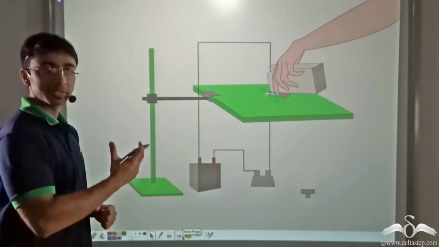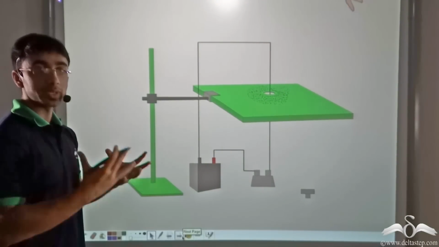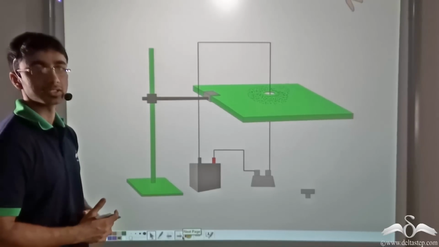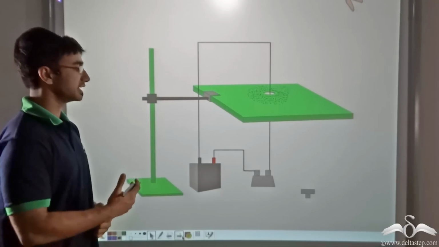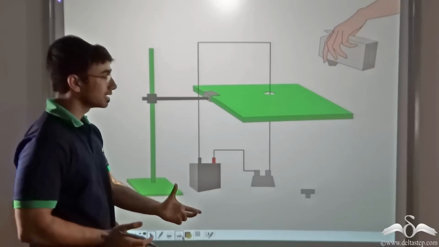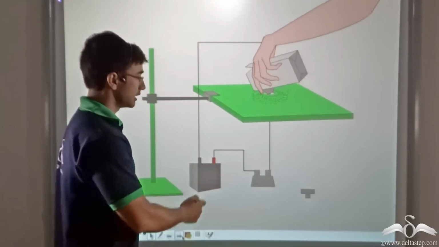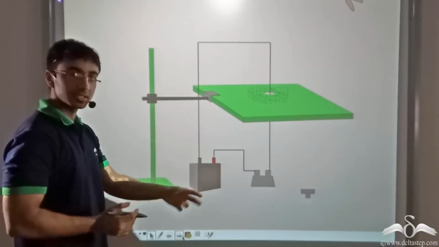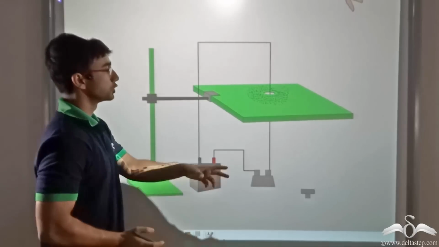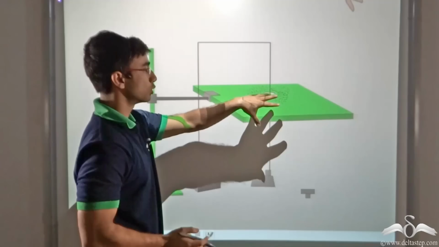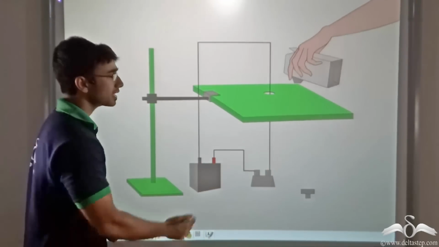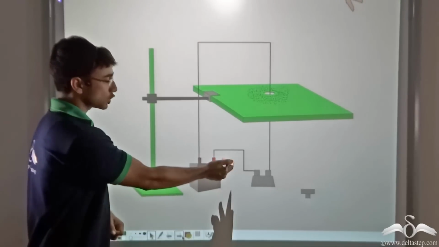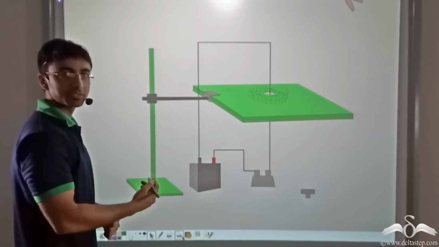So now let us see a simple animation to find out in what way or what is the pattern of the magnetic field around a current carrying conductor. The apparatus we have considered is very simple. We have taken a battery, a cardboard with a hole in it, a copper wire that is properly insulated. This will be carrying current, and a switch. Now you will notice that some iron filings are poured on top of the cardboard, and through the hole of the cardboard, the copper wire is passing. Both ends of the copper wire are connected to the battery which you have taken.